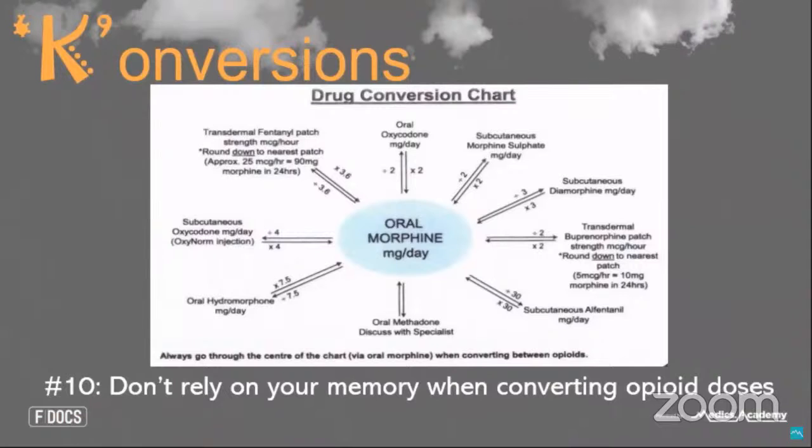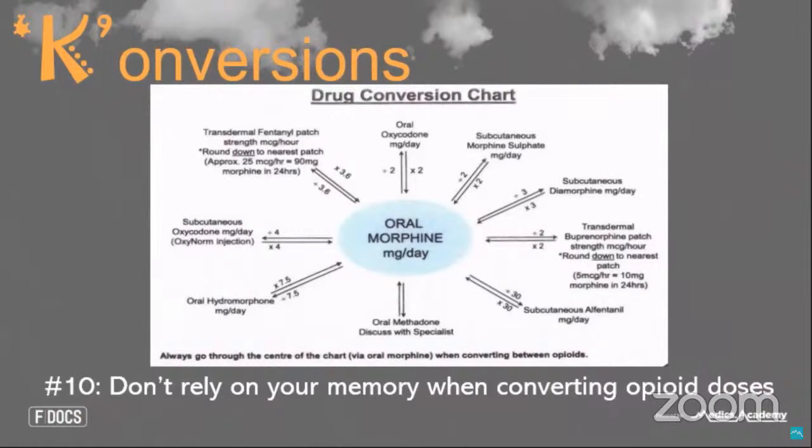The only other point that I want to make whilst we've got this slide up is fentanyl patches and their dosing. Fentanyl patches often appear to be very low dosing, because the lowest fentanyl patches are 12 microgram per hour patches. Micrograms sound so small compared to the sort of doses of morphine that we're familiar with prescribing. But 12 micrograms of fentanyl, the very lowest strength of fentanyl that you can prescribe for a patient, is equivalent to 45 milligrams of oral morphine in a 24-hour period.